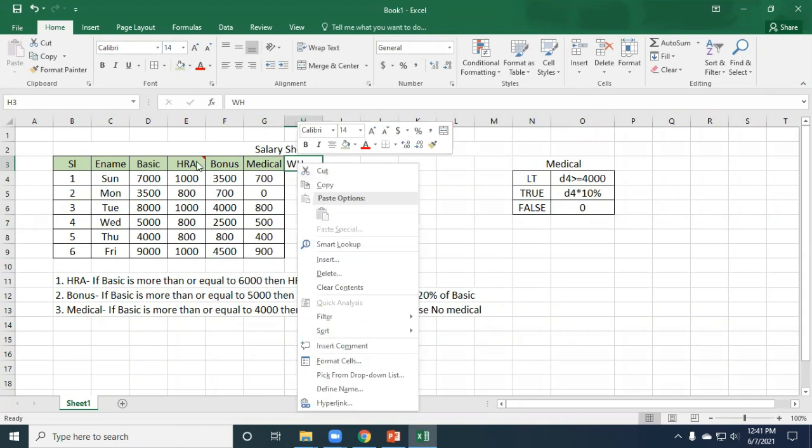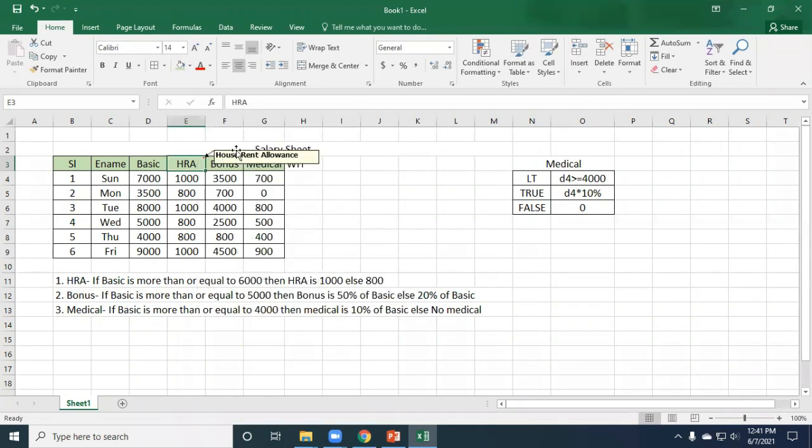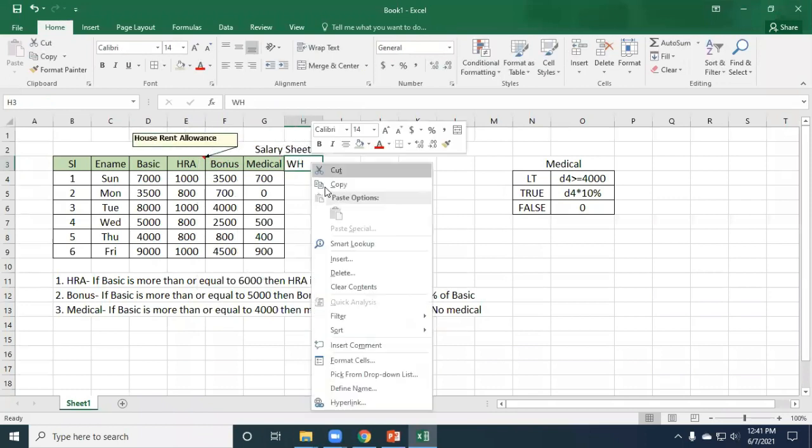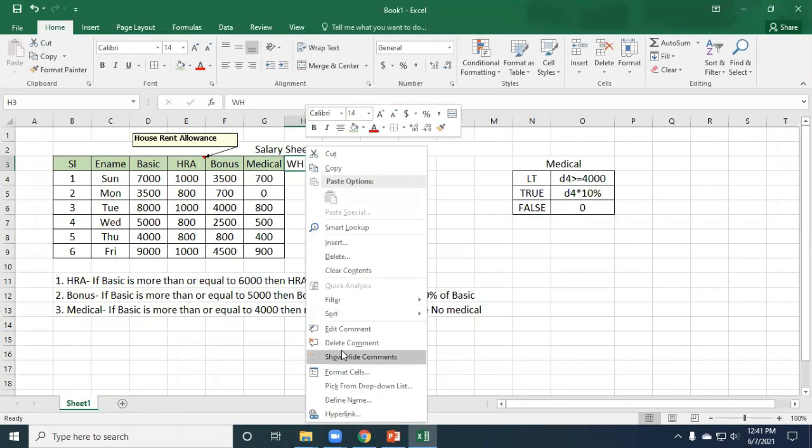You can make the comment show. Whenever you show the comments, it will permanently show. So just right click, insert comment, WH means working hour. You can make it permanently show.